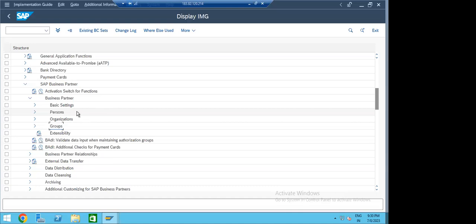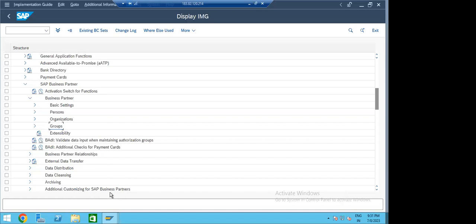Clear? So if you remember, in ECC we create the vendor account group and customer account group, and we differentiate the number ranges. Just yesterday we created the vendor master card, and we used the vendor account groups, right? So here also we need a vendor account group. So how is it needed? It is